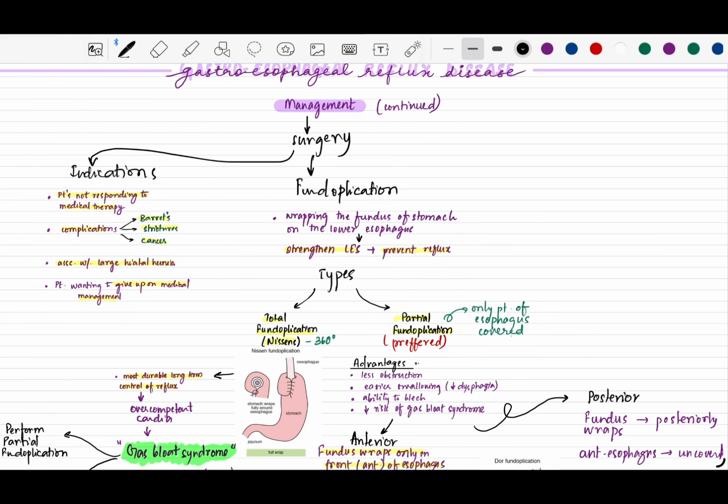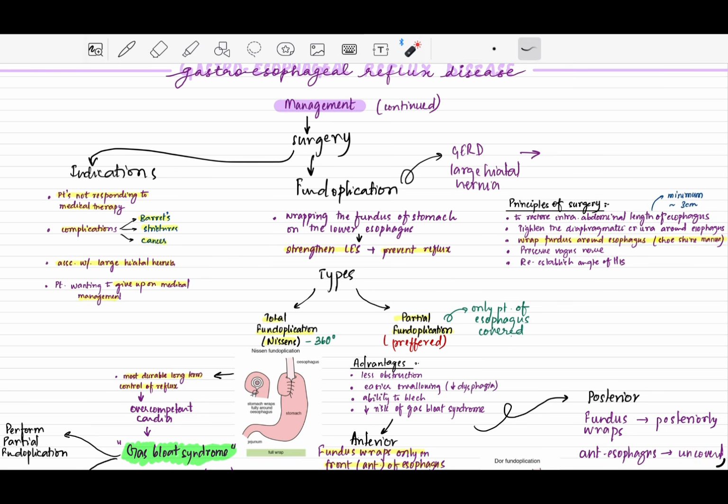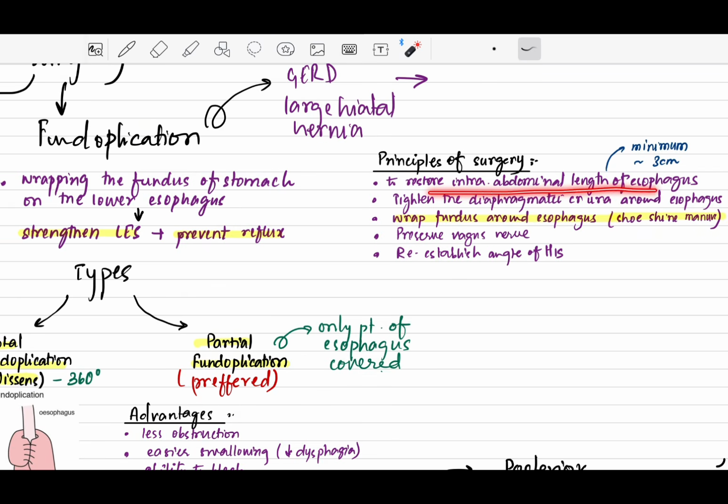Before we proceed ahead, let's also discuss that fundoplication is not only done for GERD, in fact it is also done for cases of large hiatal hernia. And as we discussed that hiatal hernias are a predisposing factor to GERD, there are a few principles of the surgery that we are planning to achieve. Number 1, to restore the intra-abdominal length of the esophagus, because loss of the intra-abdominal length is one of the major factors that leads to GERD,